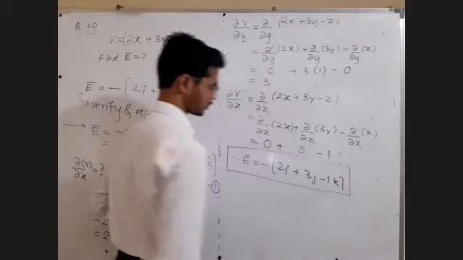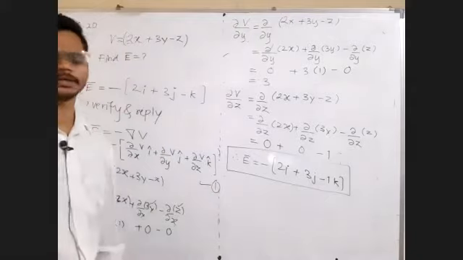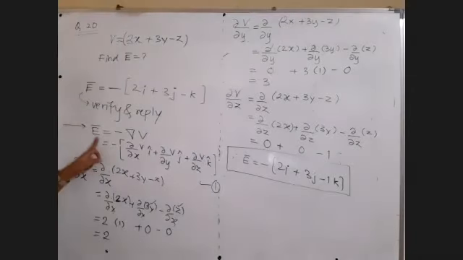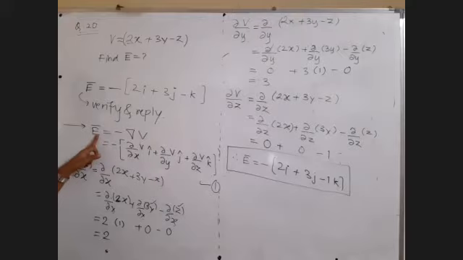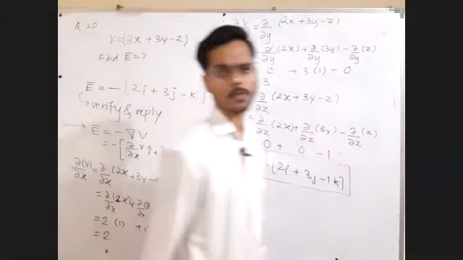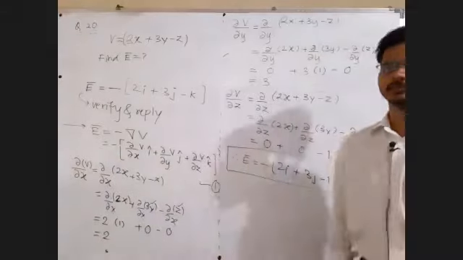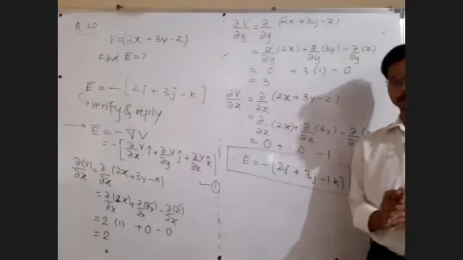Questions on the equation E is equal to minus grad v? E is equal to minus grad v. Minus means negative, v means potential, grad means gradient. So electric field is negative potential gradient. Reply to me in the chat box, clear and written.